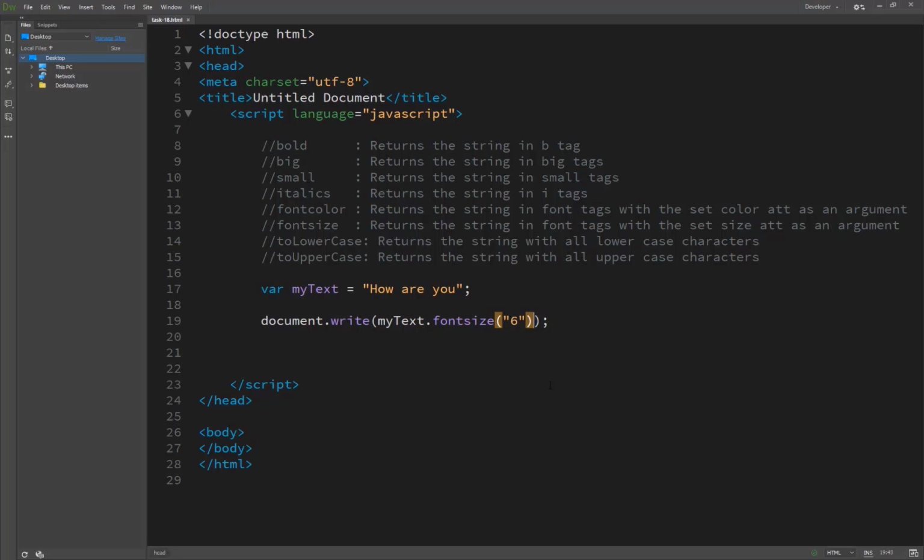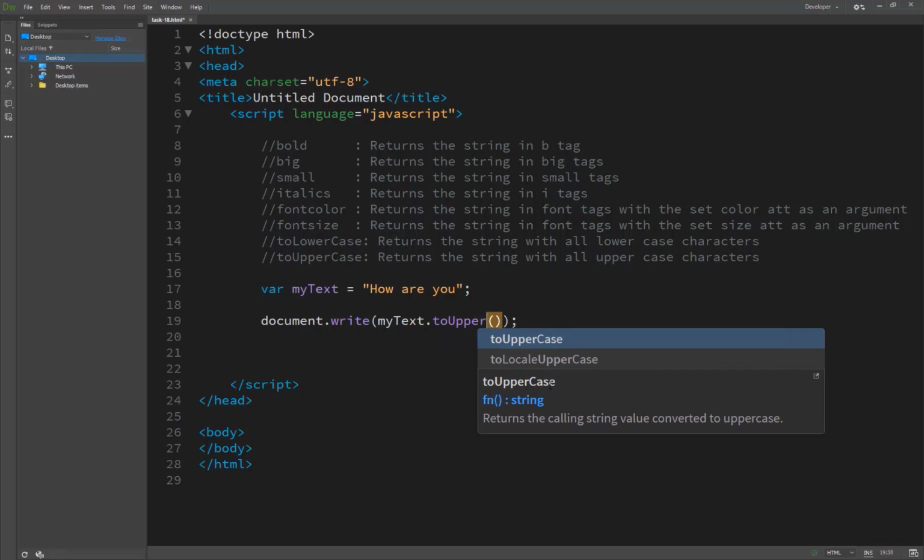And one more, I just set it to uppercase, and now you see all letters are automatically converted into uppercase.